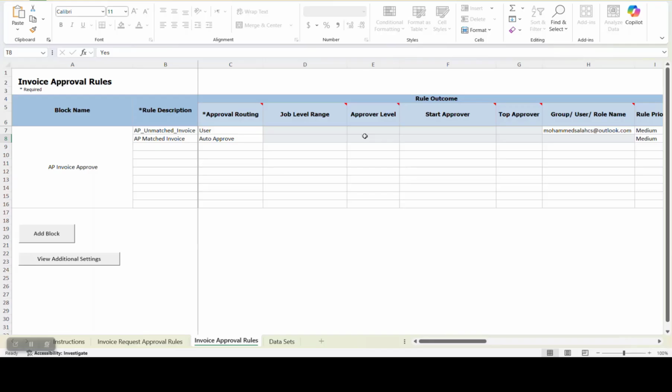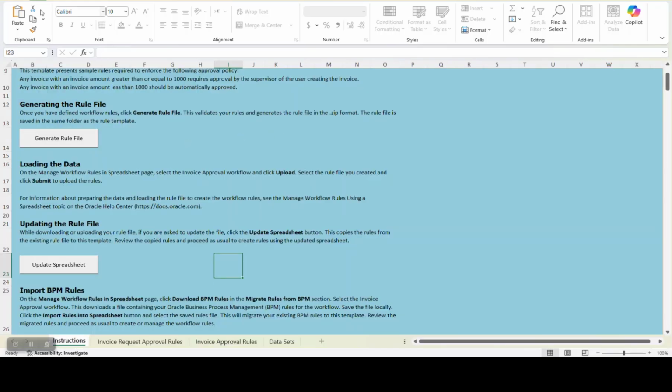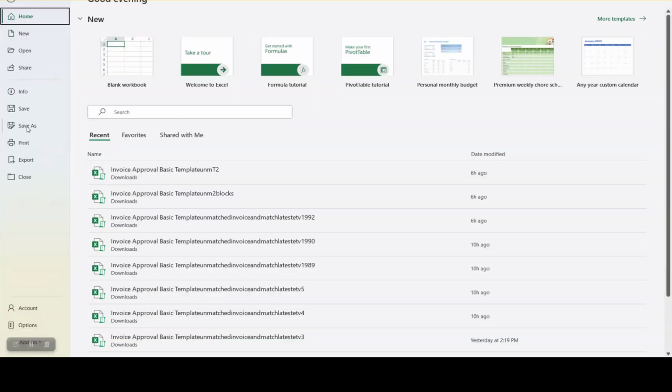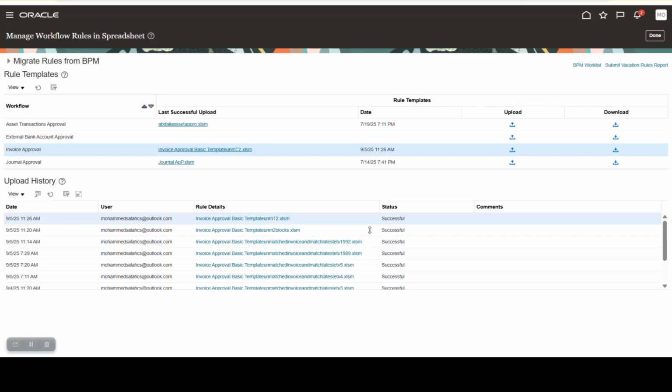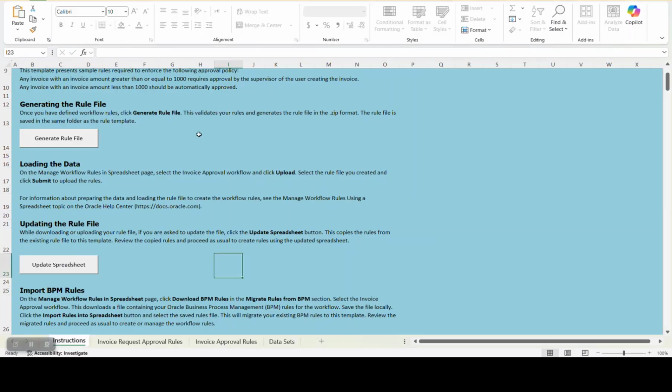Once you finish building your rules, come back to instructions. Before that, you have to go to file and save the file. After that, you can come here to instructions and generate the rule file. The system will generate a CSV file. After that, you can come back to this manage workflow rule in spreadsheets and upload your latest file, which is generated by